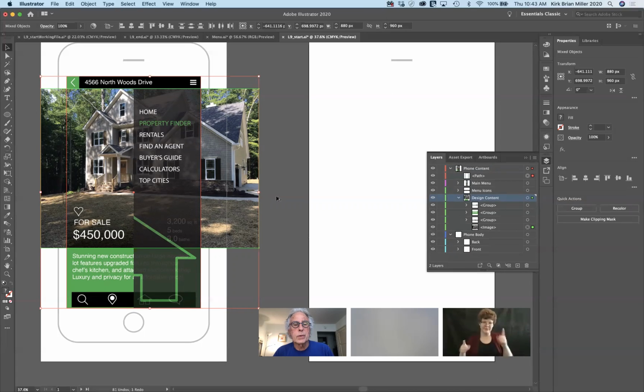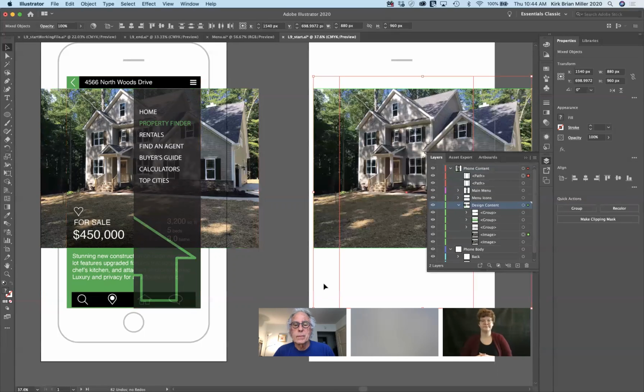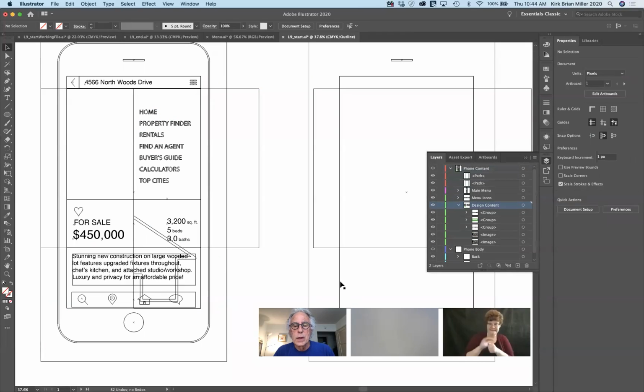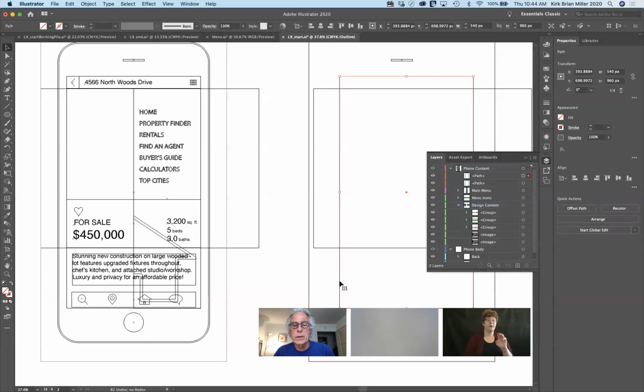Actually, I'm going to go ahead and duplicate them. So, okay. So hidden here, and we'll hit Command Y so we can see what's going on here. Here's this little box that we want to use to contain all of our elements. And we want to make sure that this image here